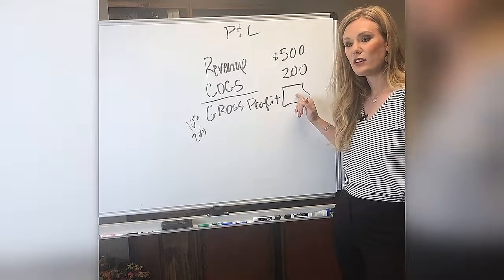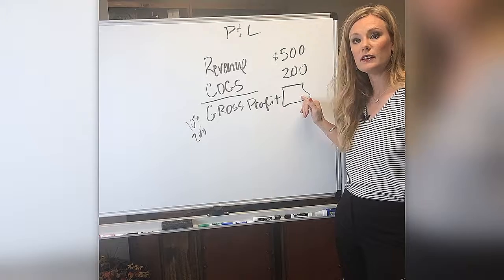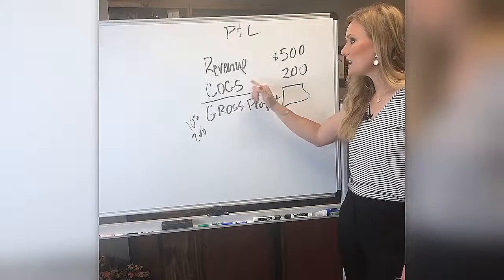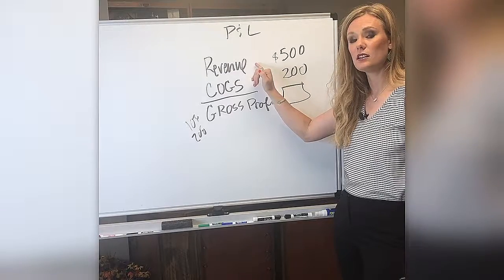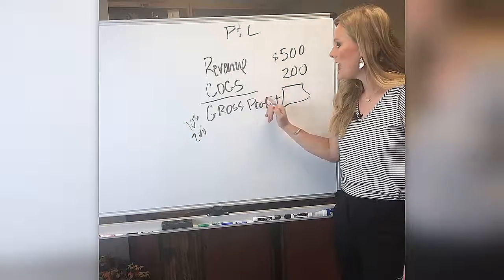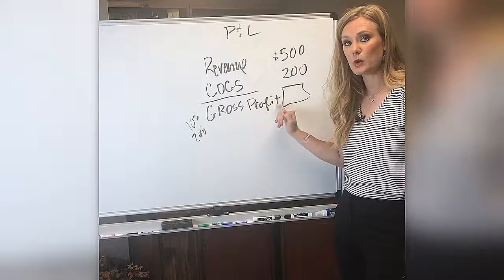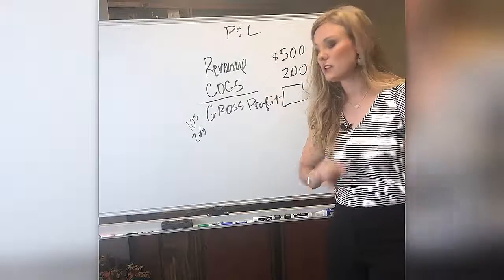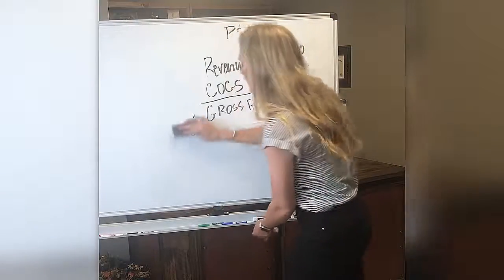If I only have a 2% gross profit line and the industry standard's 20, I need to be thinking, okay, what am I pricing my goods or services for that's so much lower, and I don't have a clear line of gross profit? That's what you're trying to figure out. What is the financial statement relationship to? Okay, so that